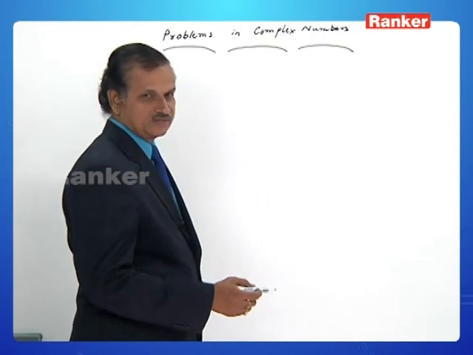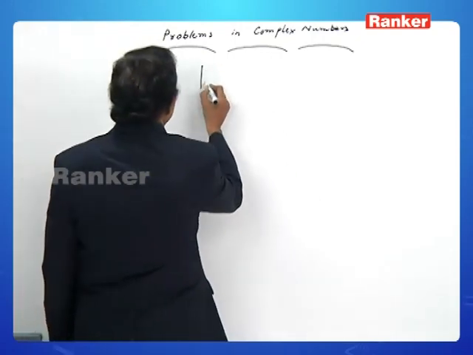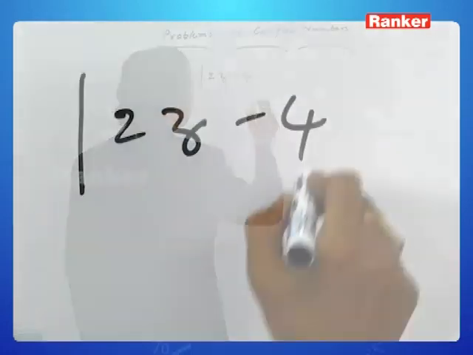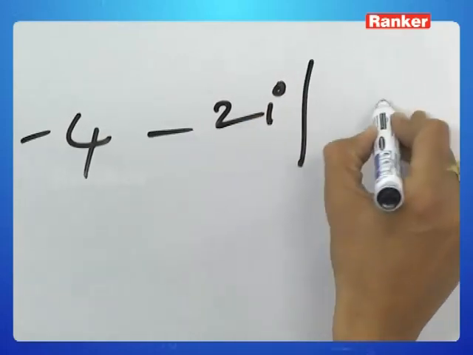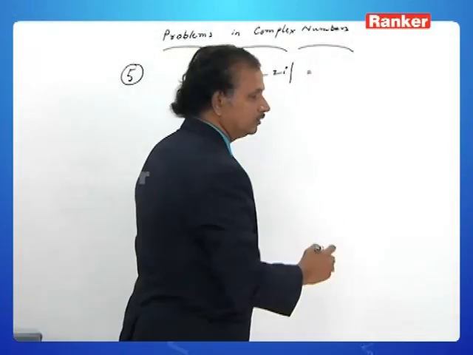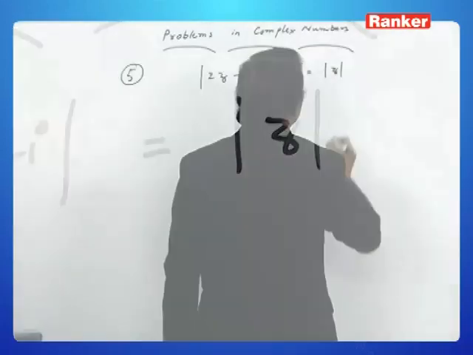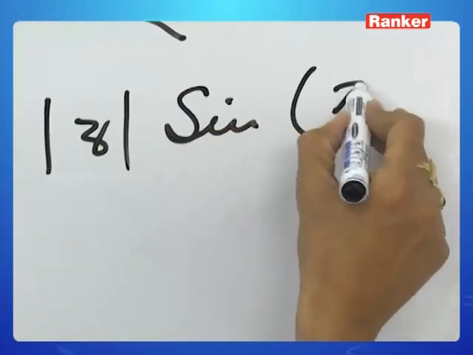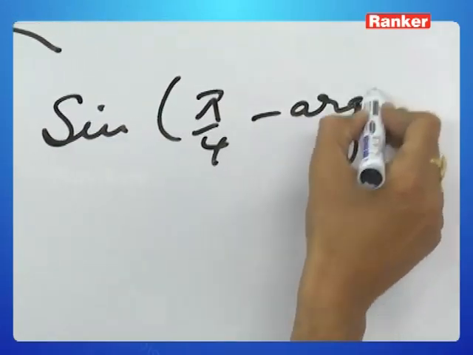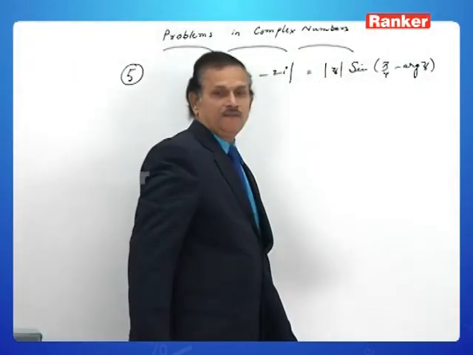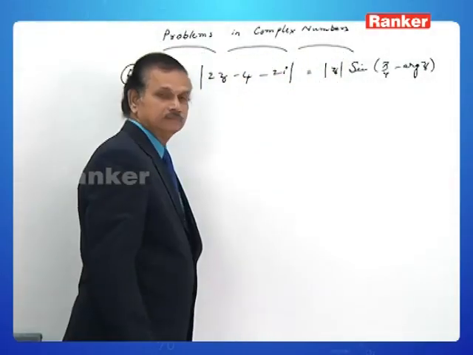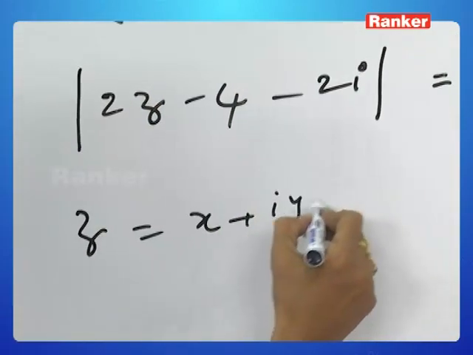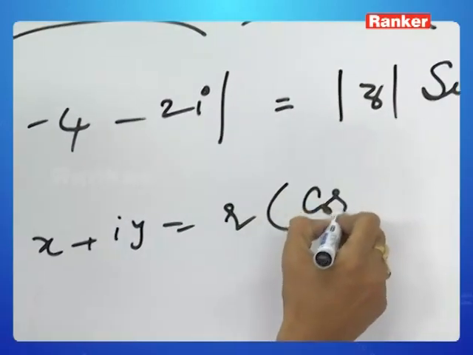Well, what is the condition given? Modulus of 2z minus 4 minus 2i is equal to mod z into sine of pi by 4 minus argument of z. That is given. Well, let me take z is equal to x plus iy is equal to r into cos